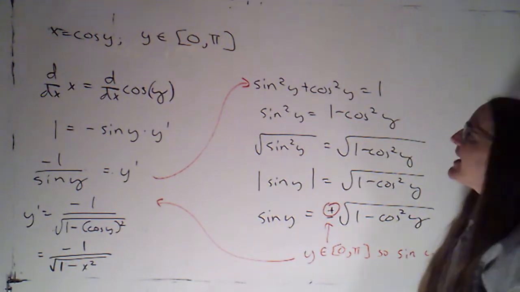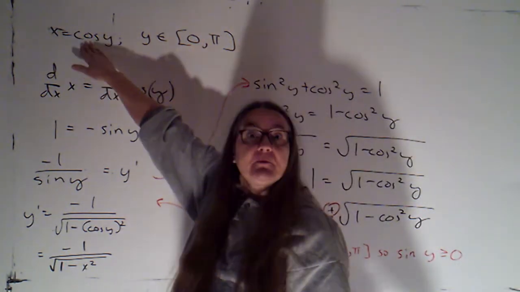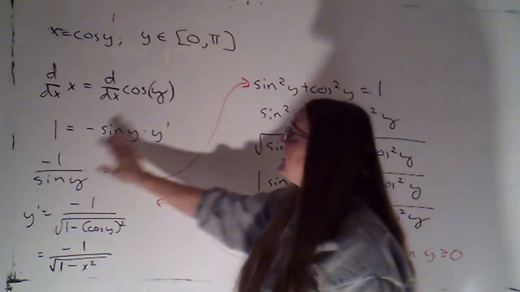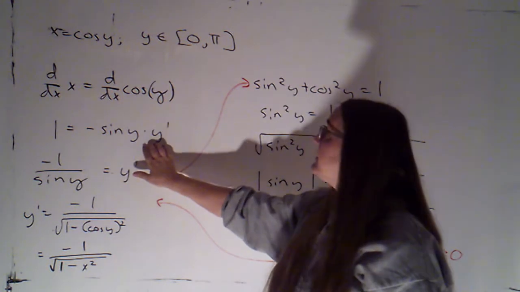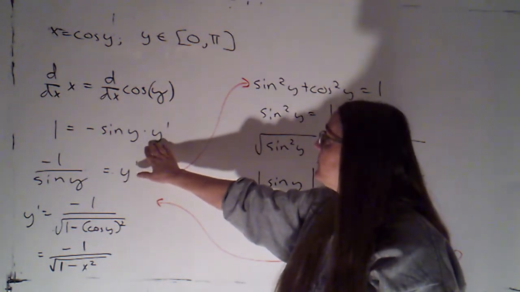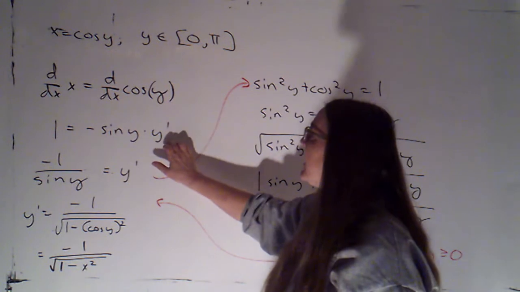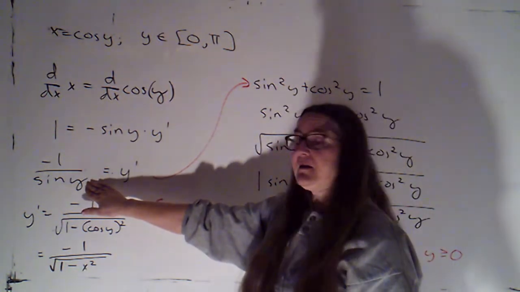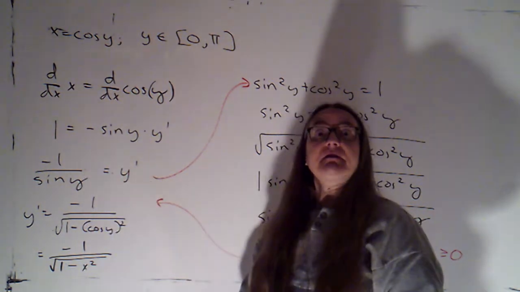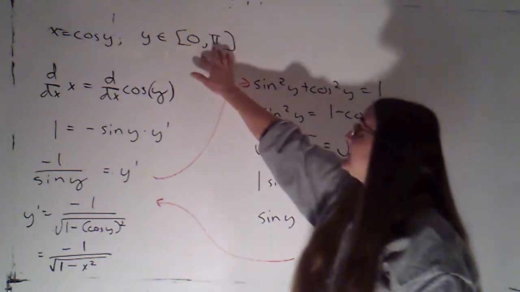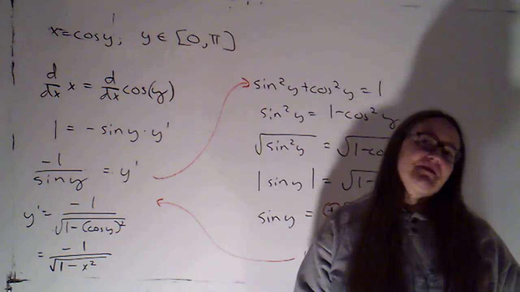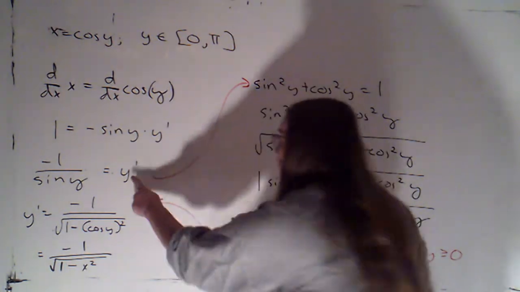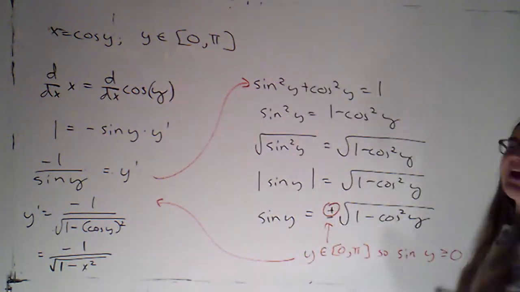Okay. So what I did is I started with this equation that gives me the relationship between x and y, and just took the derivative of both sides. Derivative of x is 1. Implicit differentiation tells me that the derivative of cosine y is negative sine y times y prime. We solve for y prime, dividing through by sine y. Okay. Now, sine y will be 0 at these endpoints, at 0 and pi. We saw that's where the graph has a vertical tangent, so we don't expect the derivative to be defined there anyway. Then I come over here, and I use my Pythagorean identity.